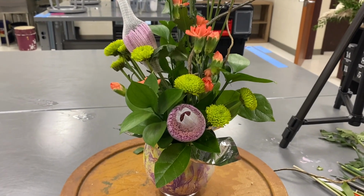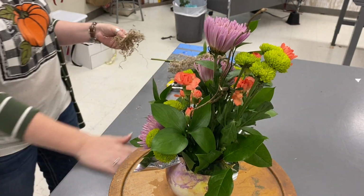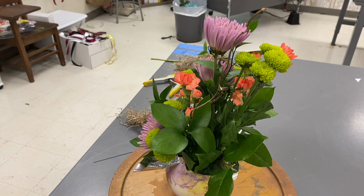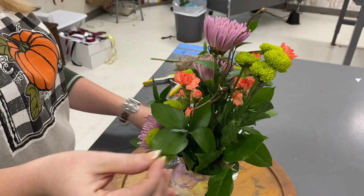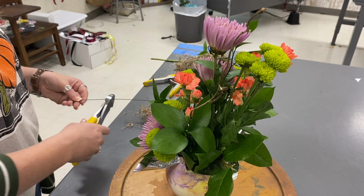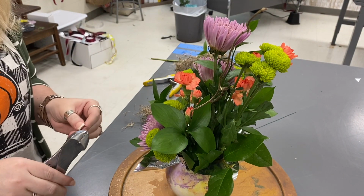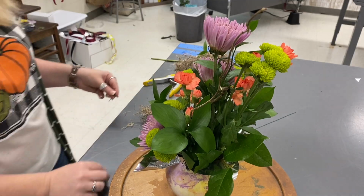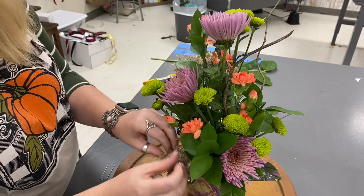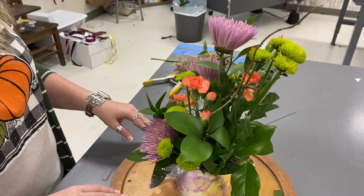Now that our arrangement has been greened, it is time to add a little something to make it spooky. And nothing says spooky like Spanish moss. We're going to put a little bit of the Spanish moss in some areas. You can use greening pins like I just showed you, or if you don't have a greening pin, just take some floral wire, bend it into a hairpin, and then use that to pin in your moss. That's what I'm doing right here. I'm just going to take and hide my undies with the moss,